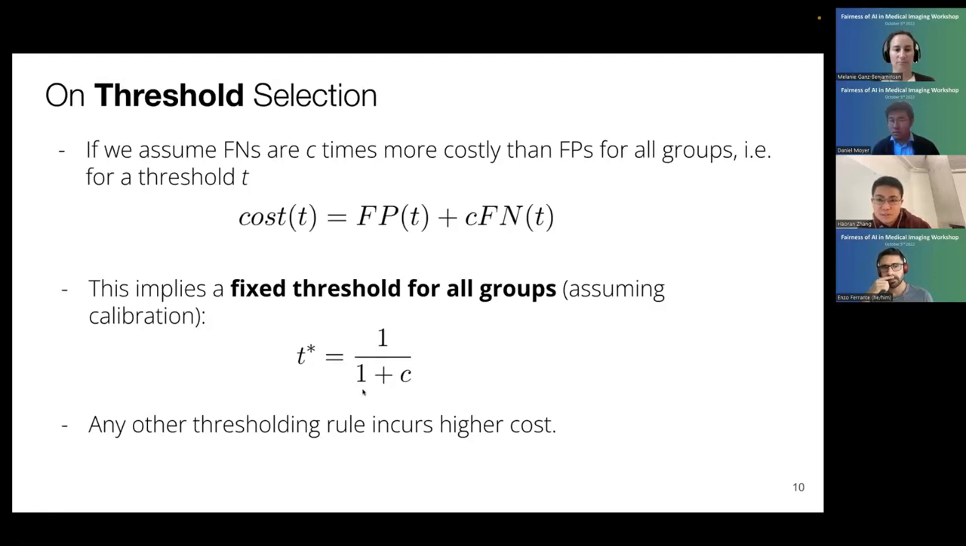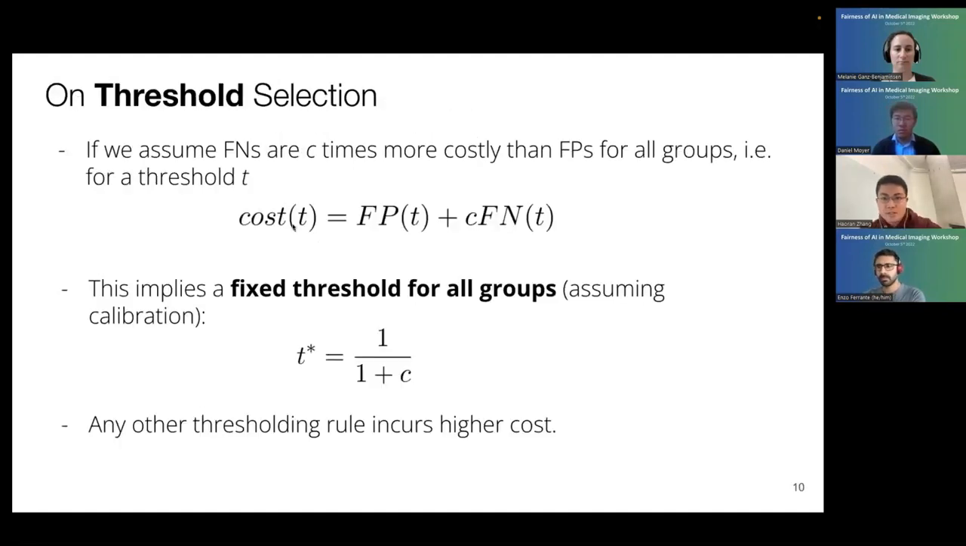This assumes that the model is well calibrated, which we just defined, and the threshold is 1 over 1 plus c. So if the false negatives are twice as costly as the false positives, then we should use 0.333 as a threshold. And any other thresholding rule, such as per group thresholding or using a different threshold, incurs higher utility cost. Okay. Now let's use these two